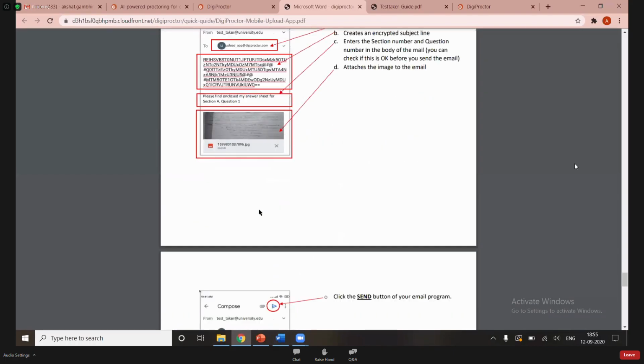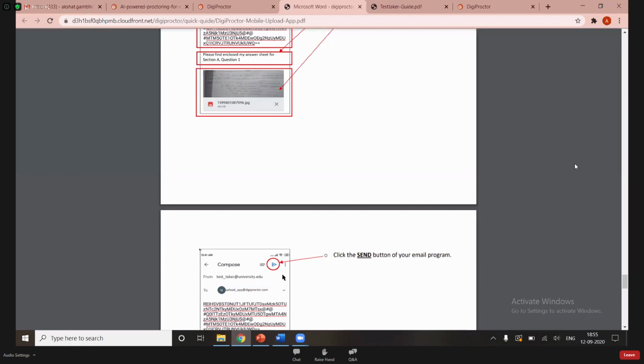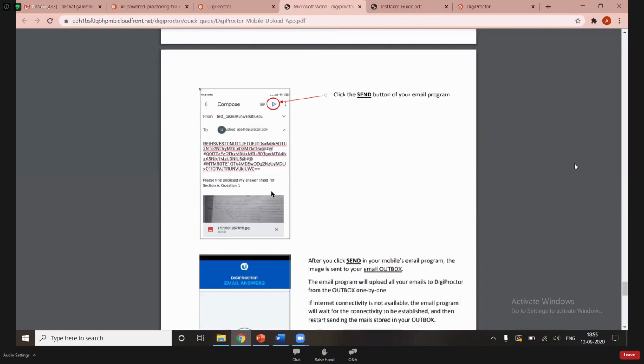Email would be drafted and you will have to click on this send button, even if you have low internet connectivity. Please send this button. This will remain in the outbox of your device and it will be sent as and when the internet connectivity is there. This is independent of all connections to us directly. And you can keep on uploading. Similarly, you can keep on uploading all the answers using the same way.